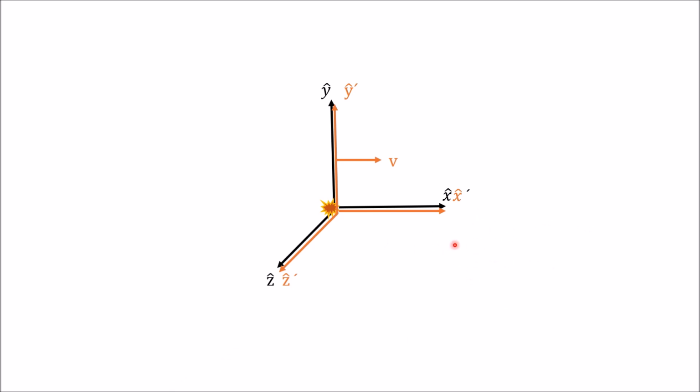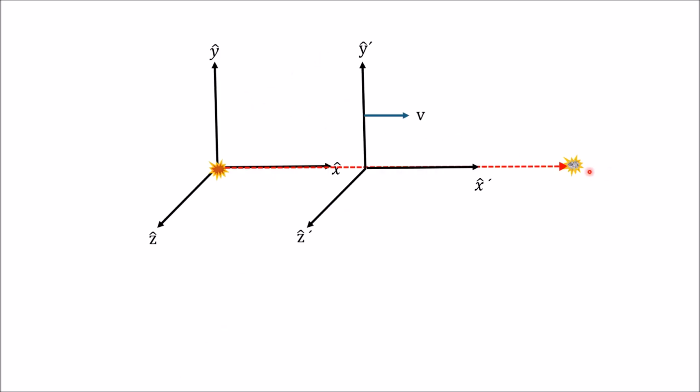What we do is we reference the pulse to the coordinates in the prime frame, and we reference the location of the pulse to the unprimed or stationary frame. This is a depiction of what we're talking about. The reference of that pulse after it's propagating, you have then the original stationary frame, and then you have the frame that's moving with the speed of v, and after some time t, when the pulse is out here, you're relating the relationship of the pulse one frame to the other frame.